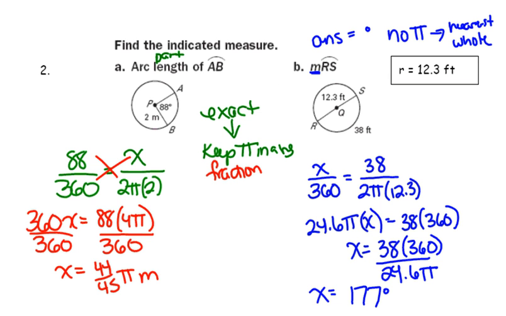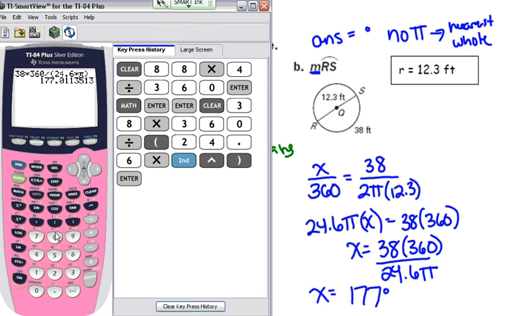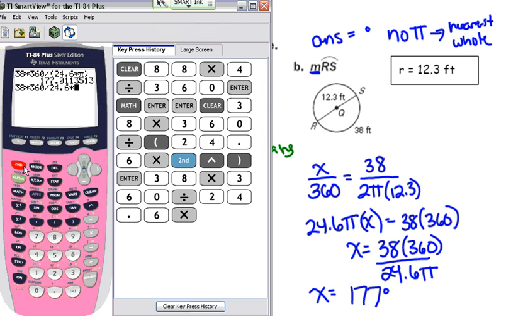Let me just show you what would have happened if we had done it wrong. So if we had typed in 38 times 360 divided by 24.6 times pi. So notice this time I did not use the parentheses. I would have gotten 1,747, which I would have known, because I'm smart like that, there's no way that part